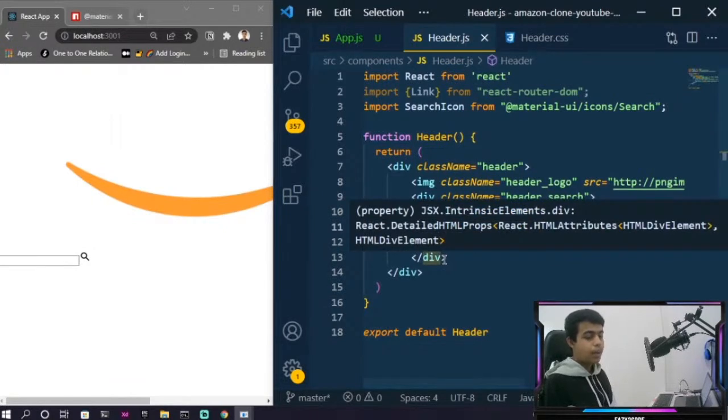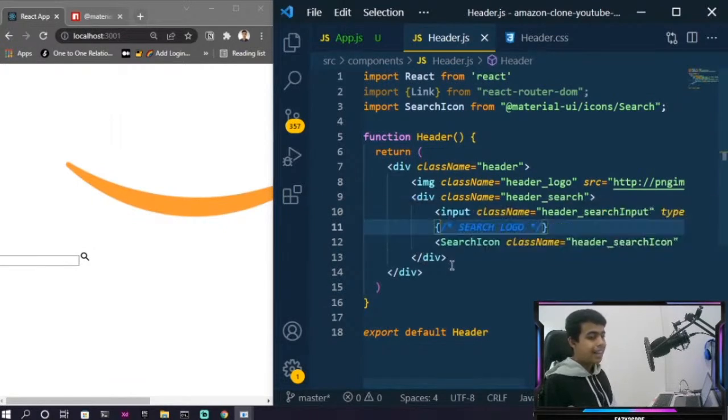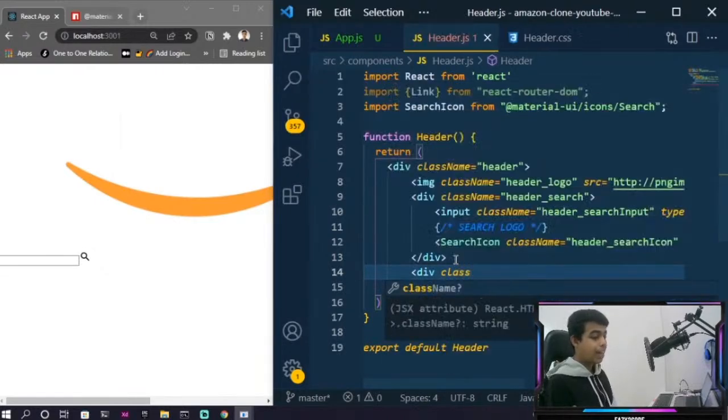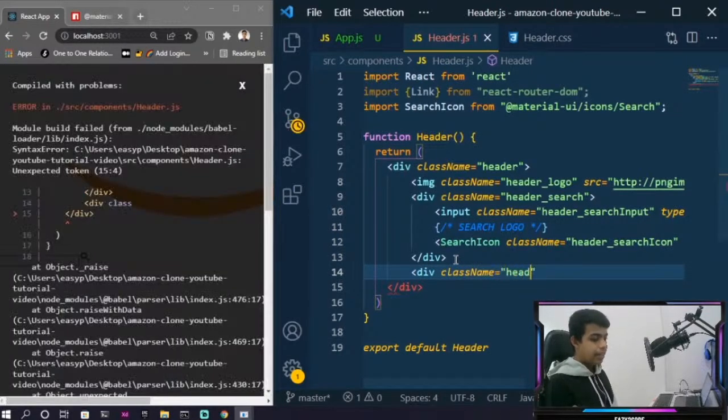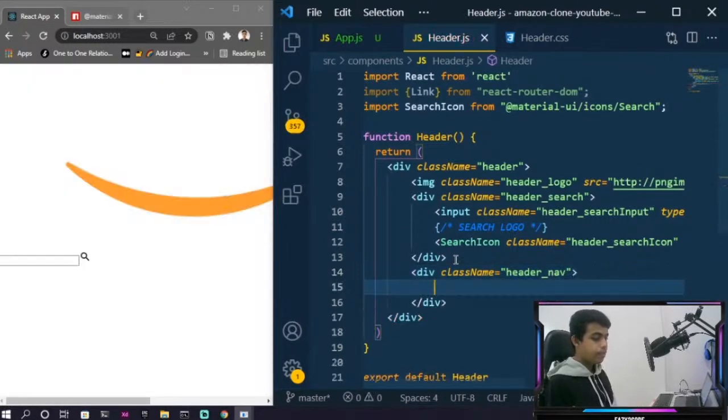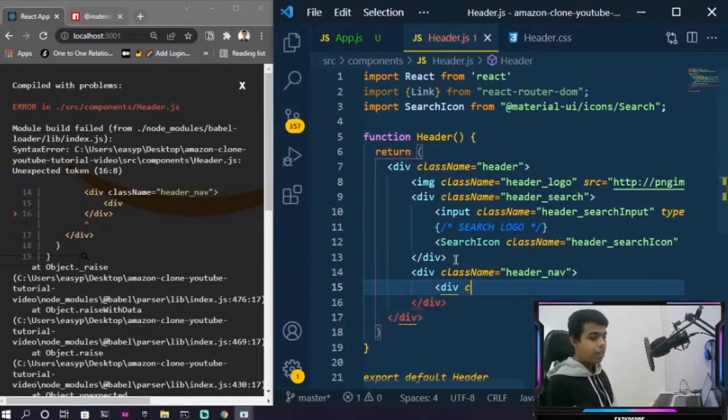After that, we are going to have our header nav for displaying the nav links. So let me create a separate div for it, which is going to have a class name of header_nav, which is going to hold all of our nav menu links. In this we are going to have a separate div for separate columns. So a div which is going to have a class name, let me keep it like header_option,